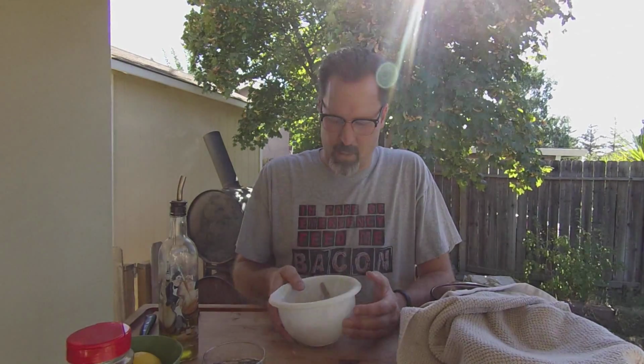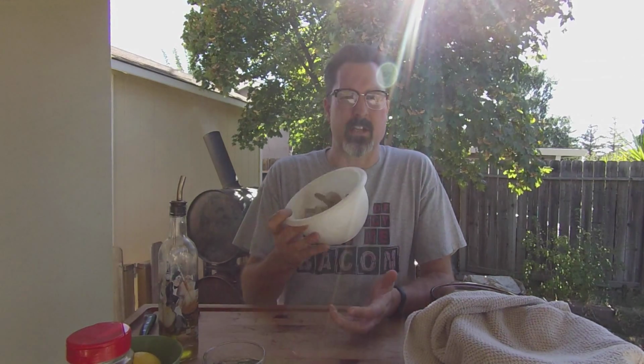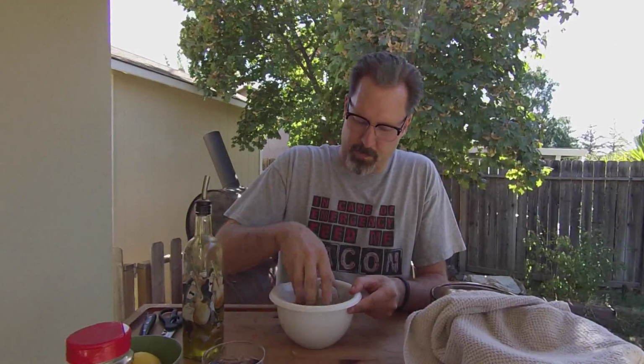Alright, I forgot to mention that we're smoking today at about 225 degrees, so not very hot, not normally the 250 degrees that we're usually at. So I've got the lobsters on the smoker right now, so we can turn our attention to the shrimp. And this is really easy. All we're going to do is coat this in a little bit of olive oil, mix it up a bit,